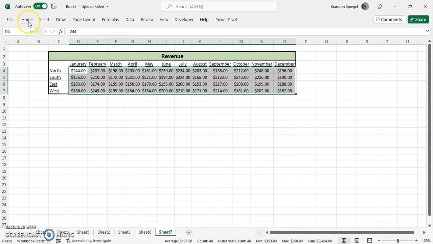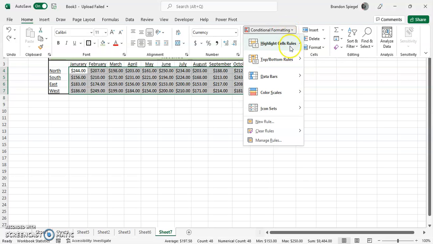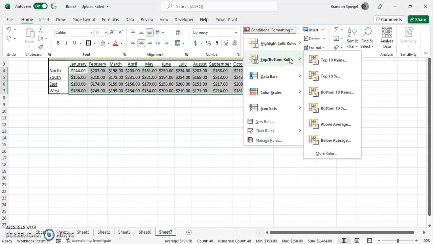And we first go to the Home tab. Then we go to the styles grouping. At the top of styles grouping, there's conditional formatting option. Now click top bottom rules, where you can then click the bottom 10 items,